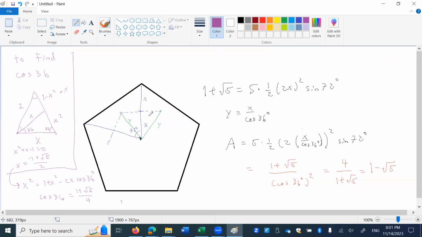I just have a little right triangle here. So x over y should be cosine of 36 degrees. So y is x over cosine 36. And now the area of the small pentagon, the solution to the problem, is I've now got 5 triangles. It's the same formula, but now my length, instead of 2x, my length is